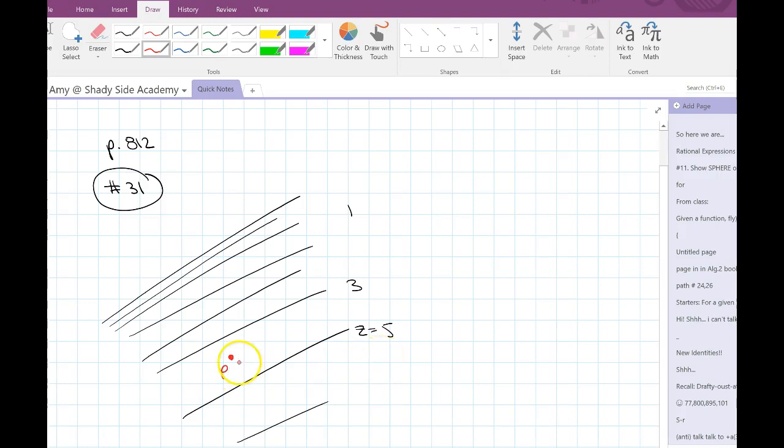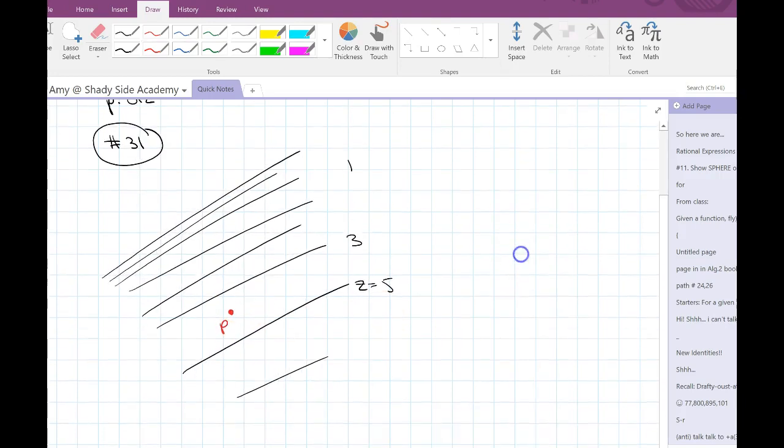We were talking today about question number 31 on page 812. We were talking about the fact that at point P, we know that f sub x is positive. Because if I have point P and I head in this direction, given the values of z, my z values are going to increase. And your point was, if I look at this trend, the trend being this way,